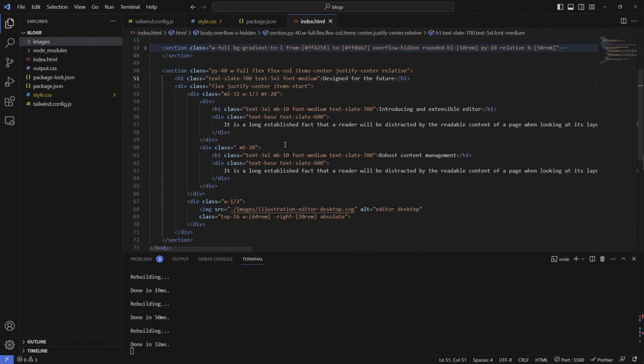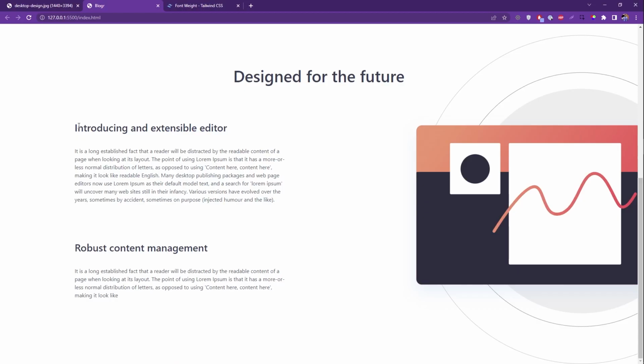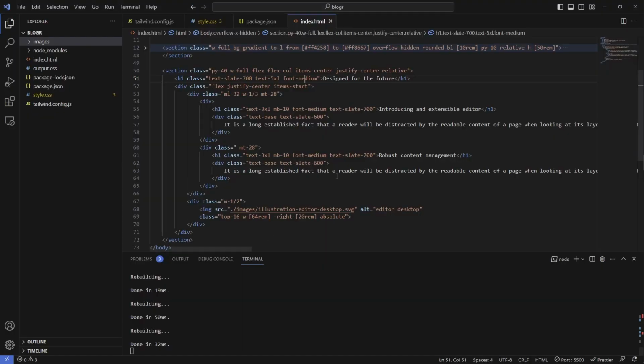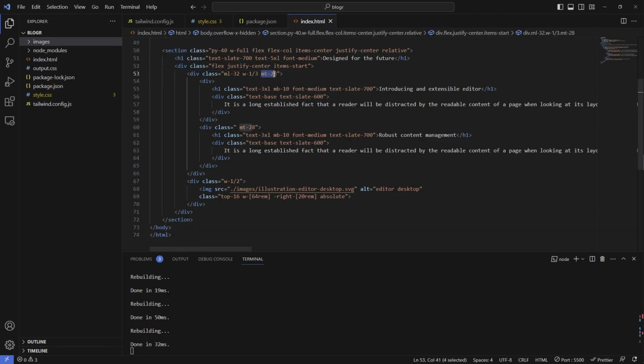And below that we have the two paragraphs here, and for these we are using flex again, and this time we are using justify center and items start, which converts to align-items flex-start, and justify center just centers everything up. So for this div we are centering all of this, and then we are using some margin left 32. So ML stands for margin left, MT here stands for margin top, and